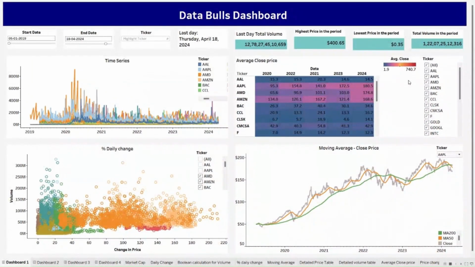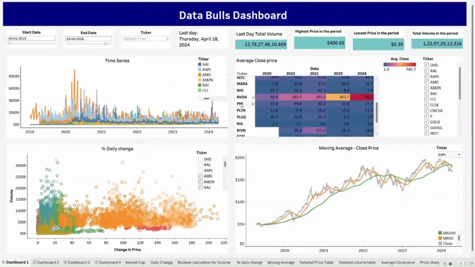Average close price. We can see there are multiple tickers showing their average price in each year. So this highlighted color shows the highest closing price for each ticker in every year. For example, we can see there is NVDA. It is showing the closing price for 2020, 2021, 2022, 2023, and 2024. This closing price has dramatically increased and reached